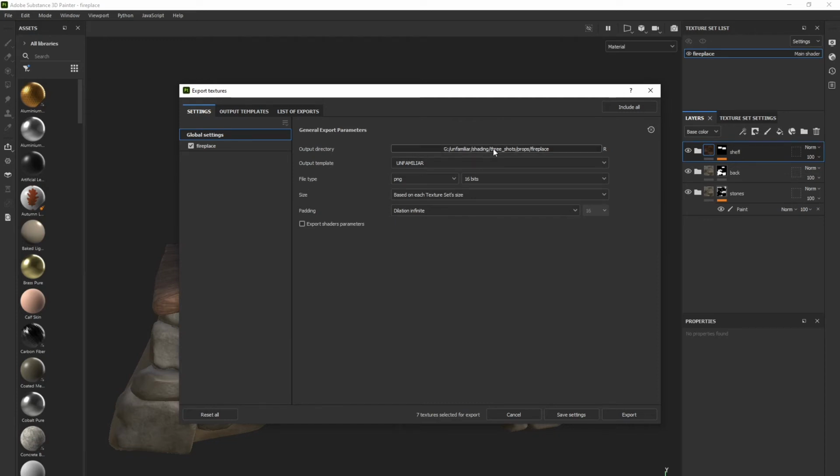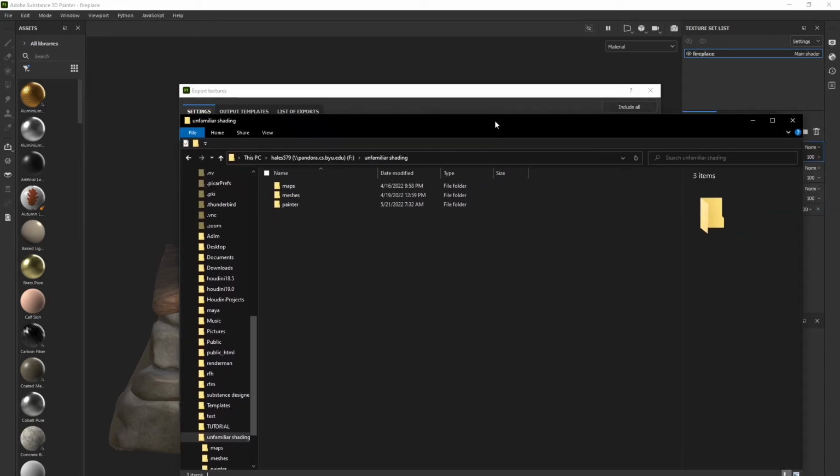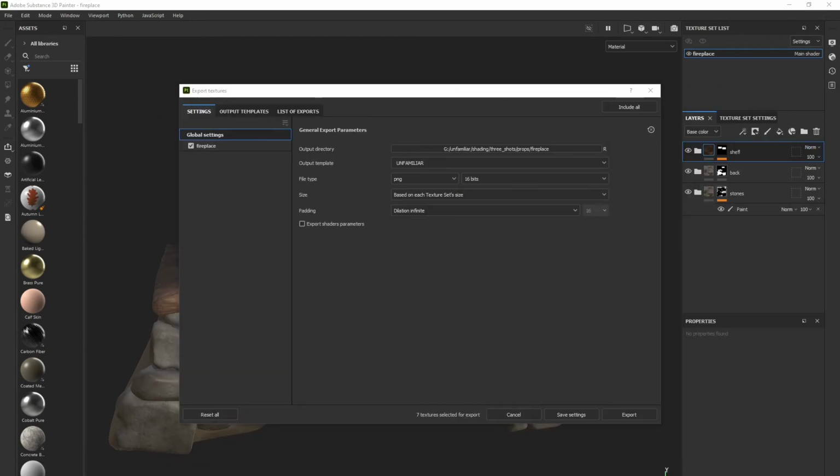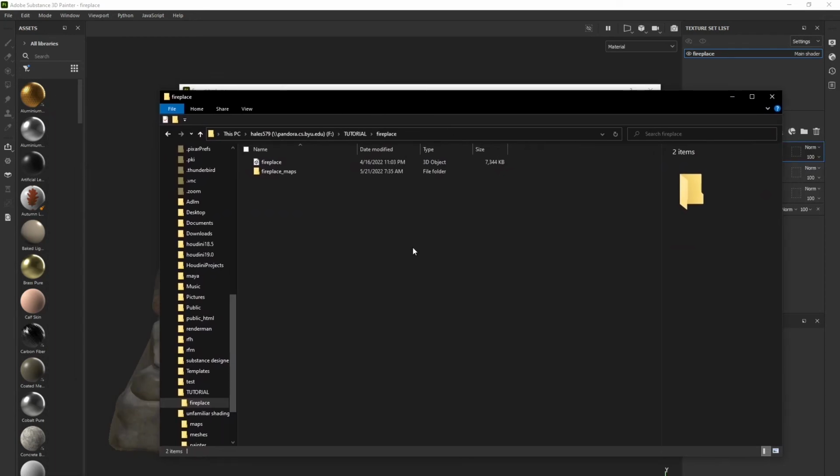I guess, yeah, the other thing, so where you're going to save it. There's kind of 2 different methods that you can choose between. There's the more department-based setup, which is kind of like this type of file organization where you're like, okay, here's the meshes, modeling department, here's the maps, shading department, and I just have my painter files in here too, and save things into there. Or there's the other way, which is typically used more in games, but personally I like this one better,